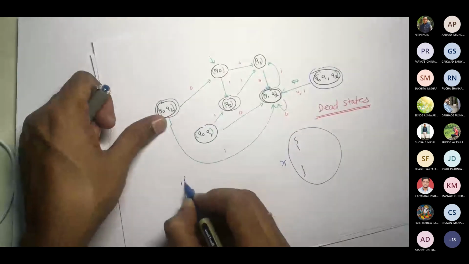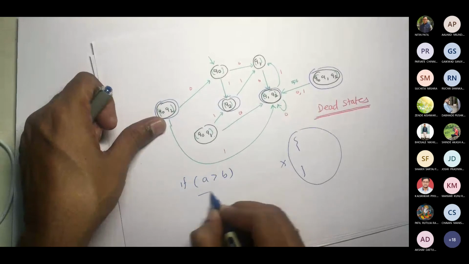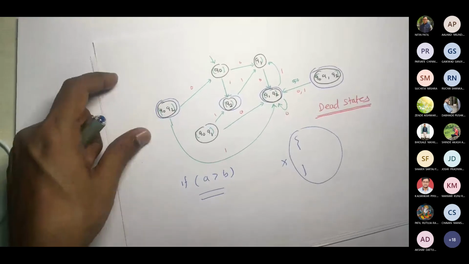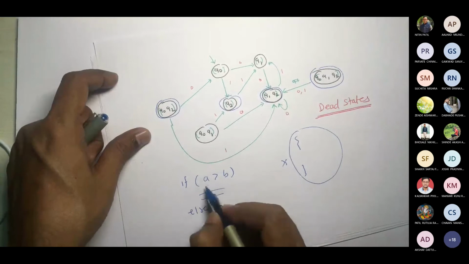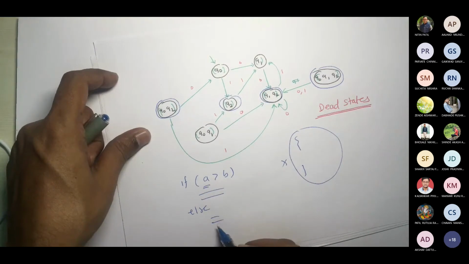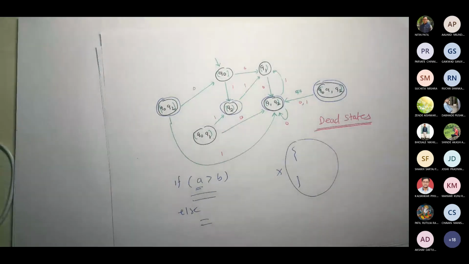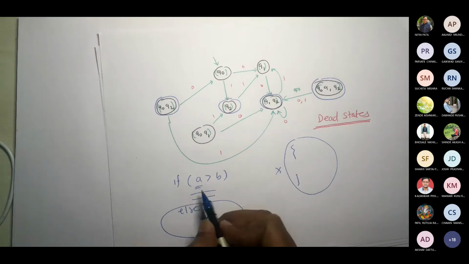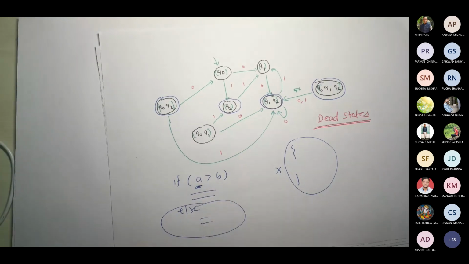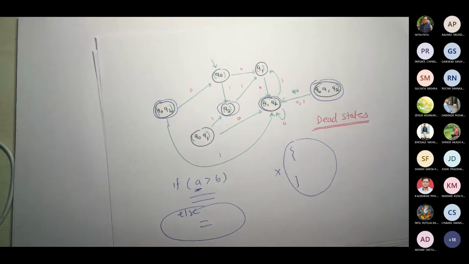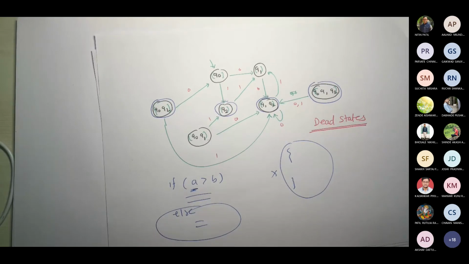Now, for example, suppose we write: if A is greater than B, then do this. And sometimes we write else. We know that A would always be greater than B, but still we write else. And then after say 10, 15 days, whoever is your quality assurance team, the QA team, will let you know, boss, you wrote code, but this code never gets executed because you already made sure that A should be greater than B in the input only. And you are assuming that whenever you say, please input values for A and B, A would be greater than B.